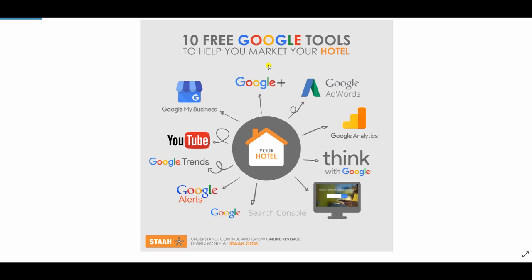And Think with Google is a kind of partnership program with Google where you can help Google understand, or Google will help you on certain areas of development. For example, if you belong to the hotel industry, what is the kind of marketing or advertisements that is largely preferable, and what are the other research things that you can do with Google. It gives you a lot of options,